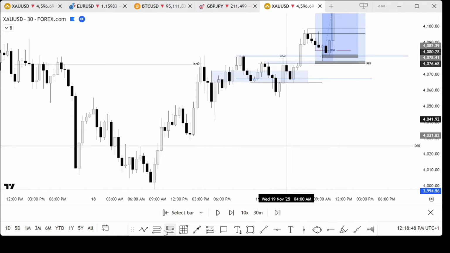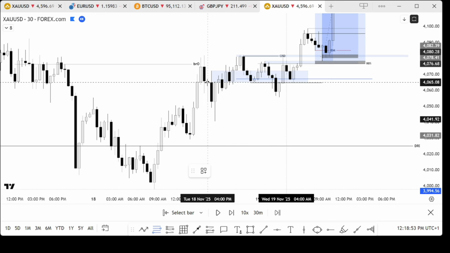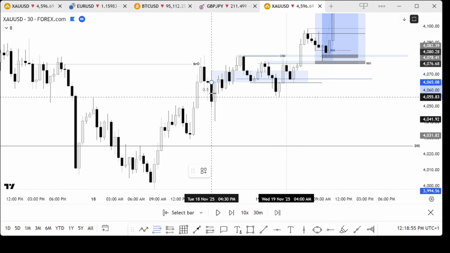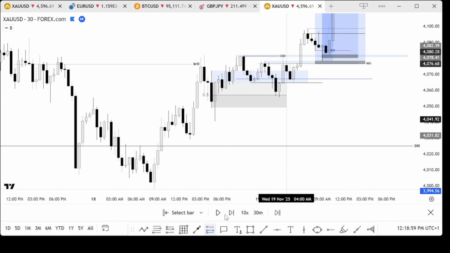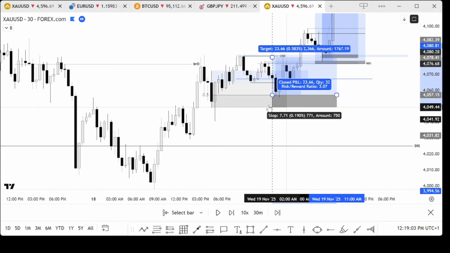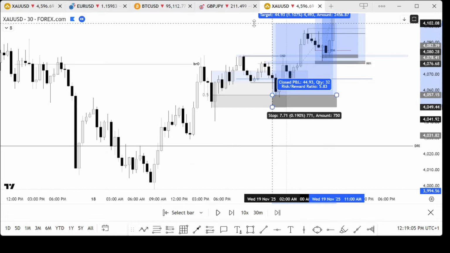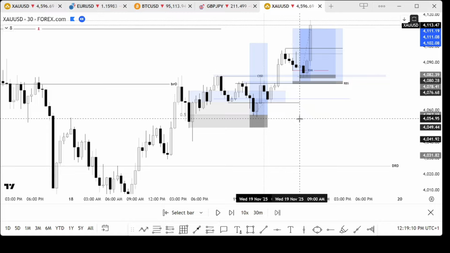or we use the 50% of that zone, of course, because we have to draw the 50% from there, right? This is the 50% right there. Look at that. So that's exactly where price reacted from. So it's not that I didn't want to show you, that's why we didn't start from there. No, it's because I wanted you to get a very clear